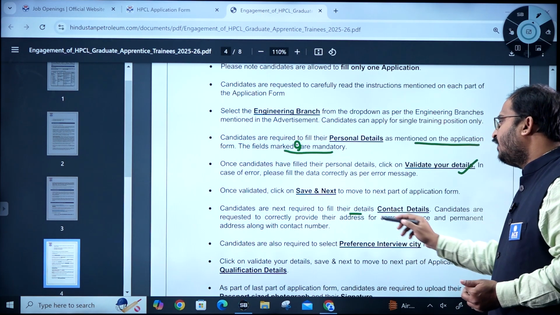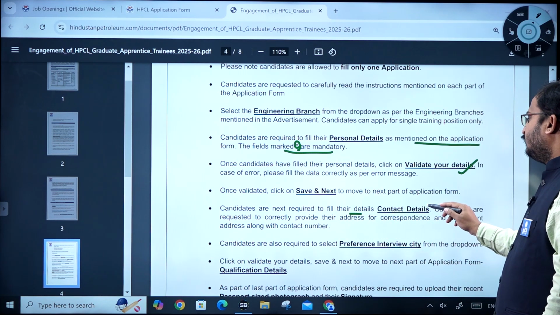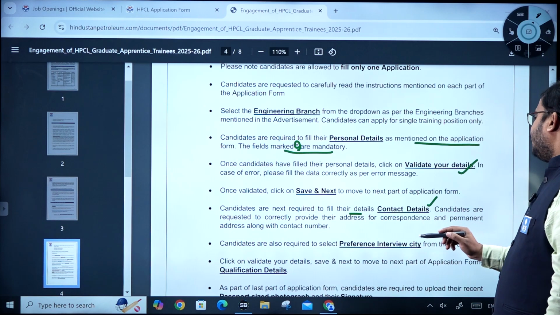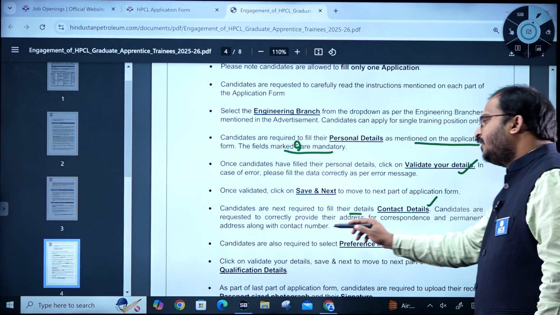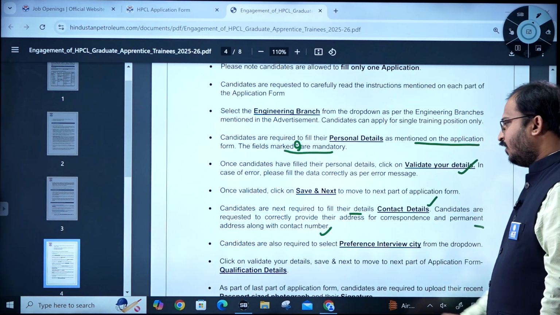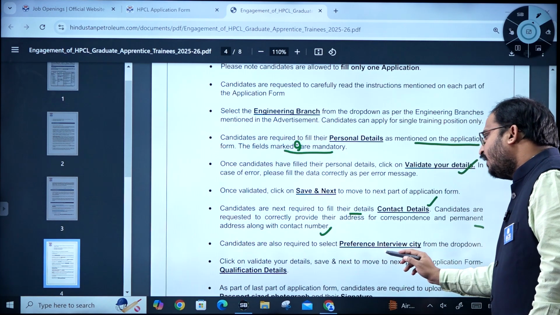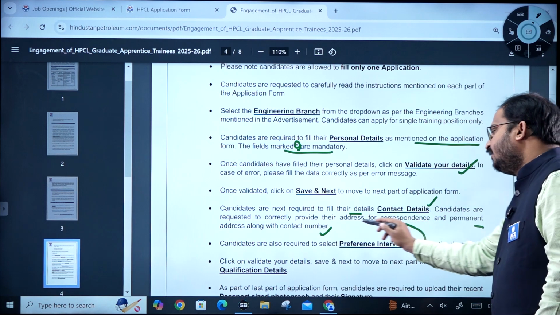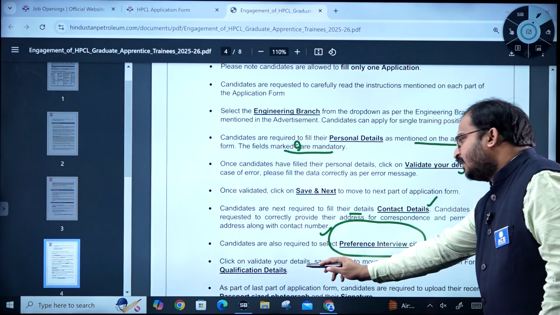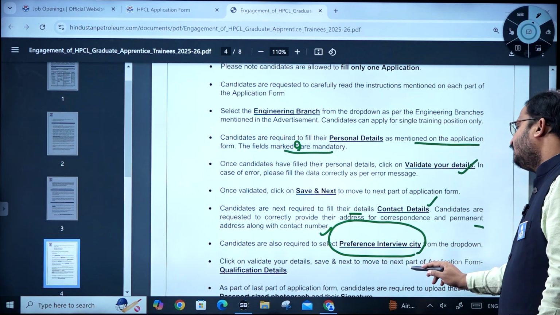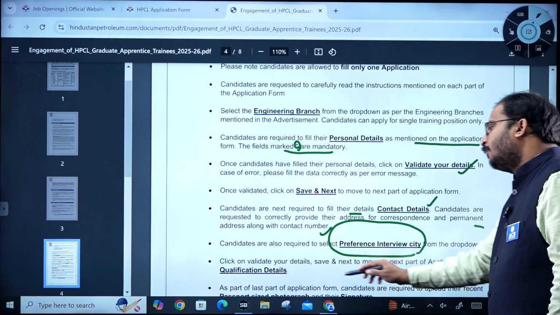Candidates are next required to fill in their contact details. Candidates are requested to correctly provide their address for correspondence and permanent address along with contact number. Candidates are also required to select a preference interview city. So you have to select the preference interview city from the drop down menu. Click on validate your details, then save and next to move to the next part of the application form, that